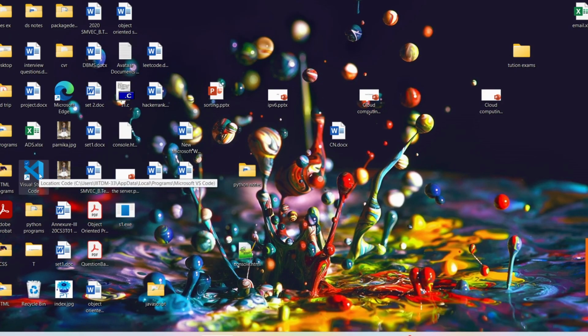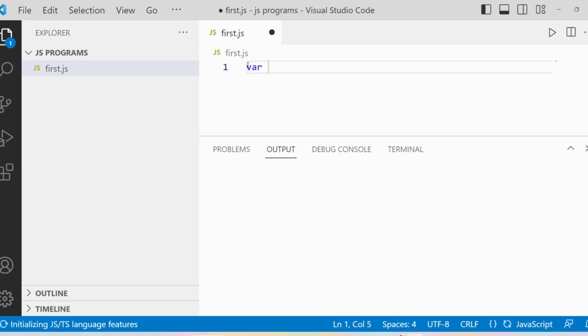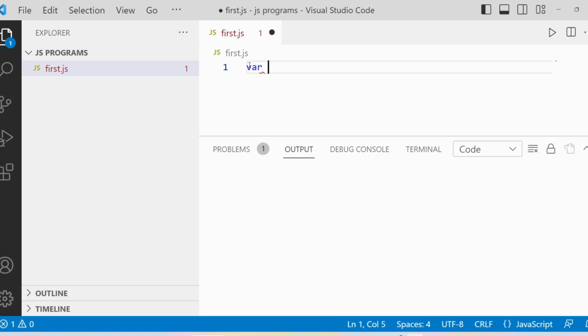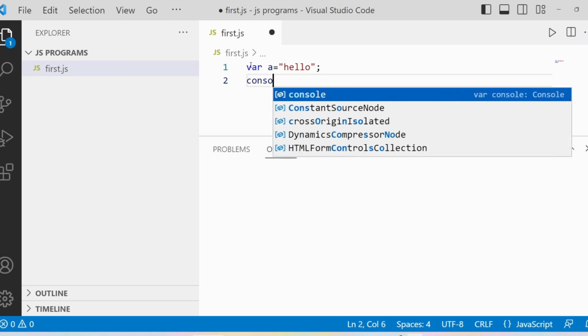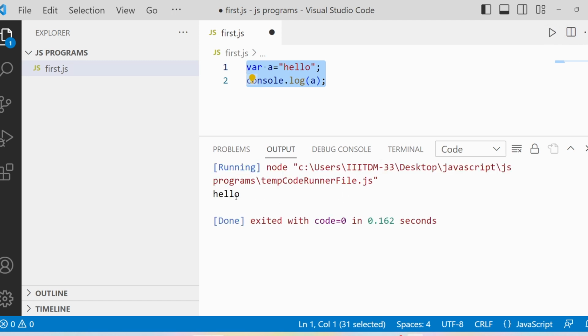Let me go to the desktop and double click on Visual Studio, and then I will write a certain program. I will write var, which is a keyword to define a variable, or I can use let also, and then I will write the variable name as a, and then hello. Then let me end with a semicolon. If I want to display the value in the variable a, I can use console.log and provide the name of the variable, which is a. Now let me run the program. If I run it, you get the output as